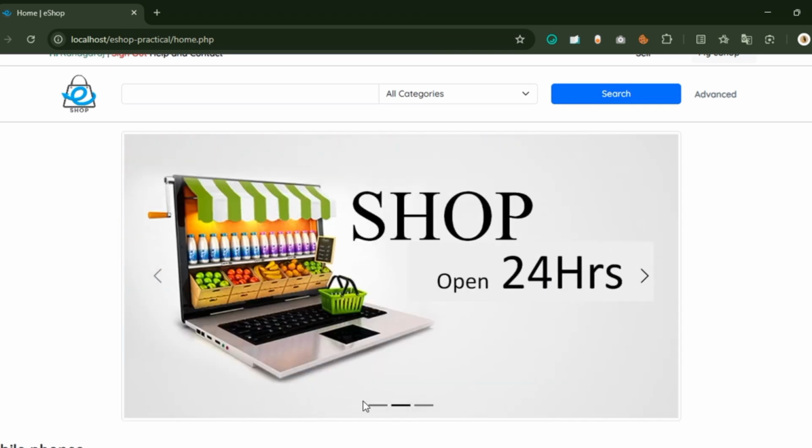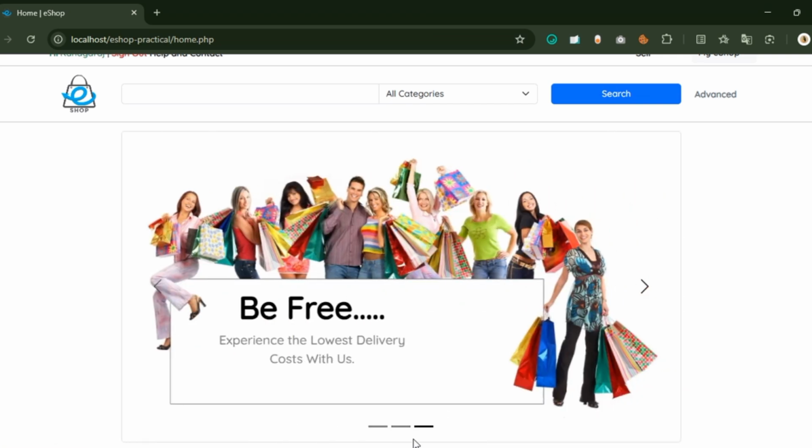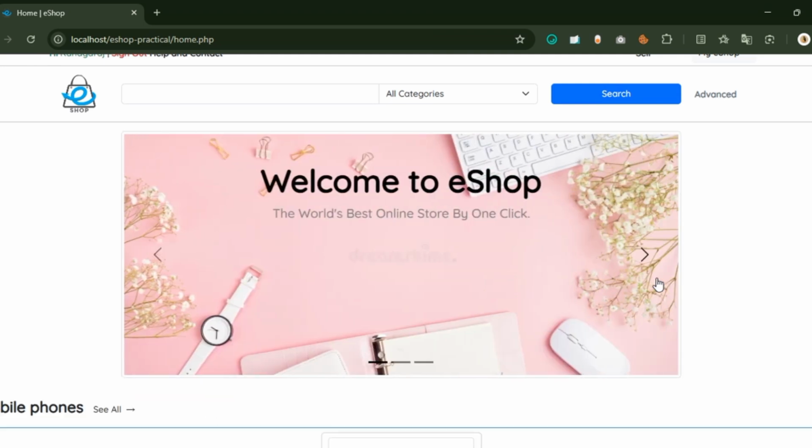And here below you can see the three lines. These lines indicate the active slide. Now the second slide is active, so the second line is darker than the other two. And when it moves to the third one, you can see the third has become darker compared to the first and second. So this is how a carousel works in an